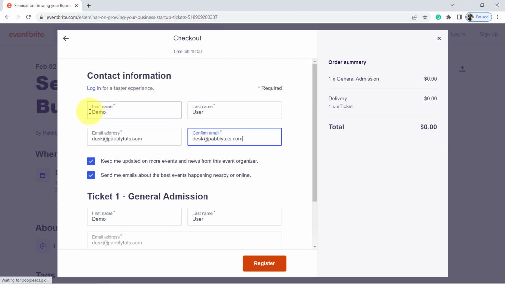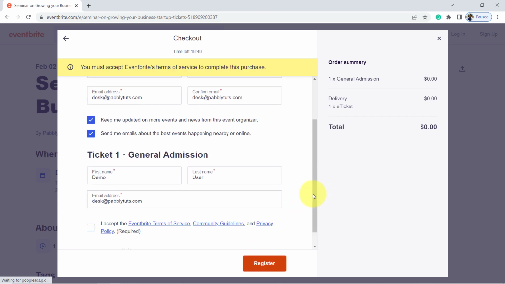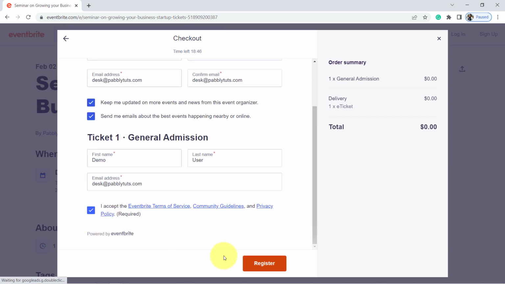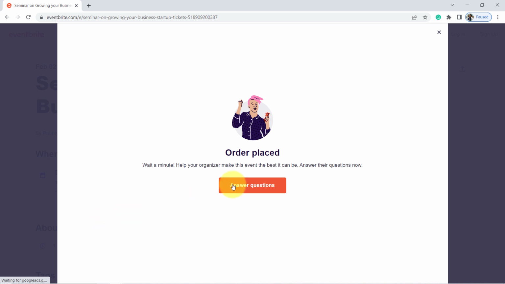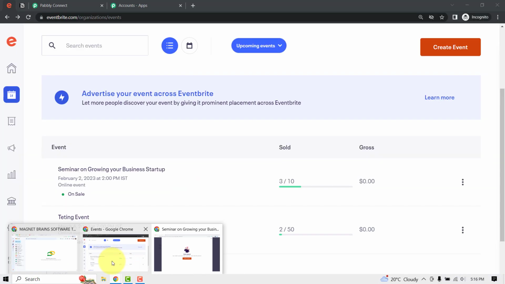The name of the person is demo user. Here is the email address, and again for the general admission I am using demo user only. Okay, so now I'll be registered for this particular event. Let me tick this checkbox, and I'm going to register for this particular event. And as soon as I register here, you will see how the details will be